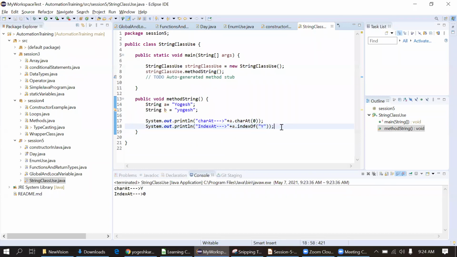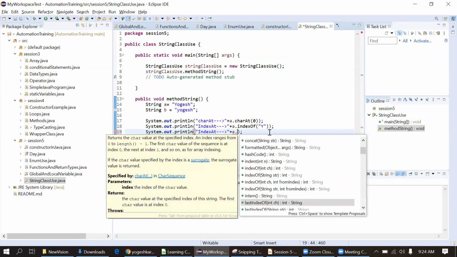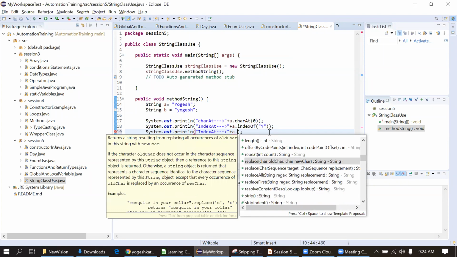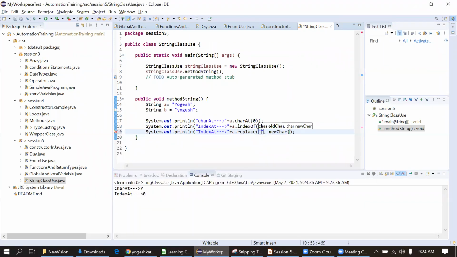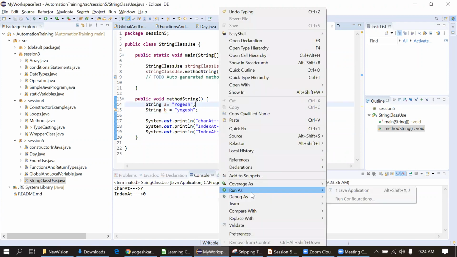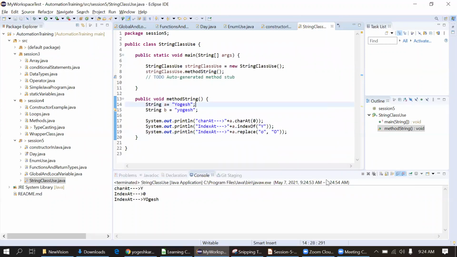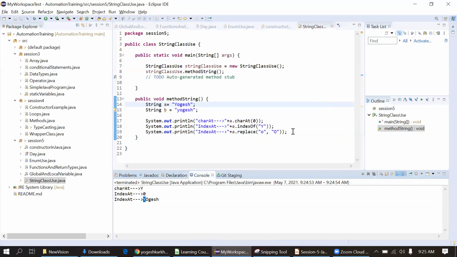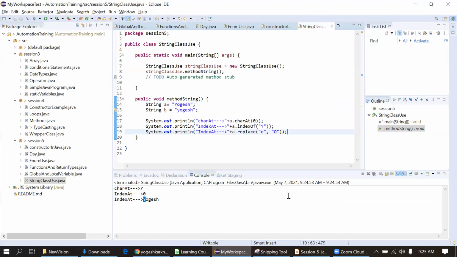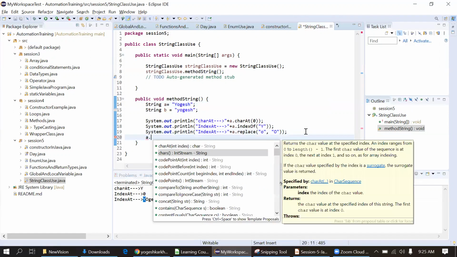I'll go for the third one. I will simply replace o with capital O. It will replace the small o by capital O, and you can see the name printed with capital Y and capital O. In this way we have multiple methods, like concat.